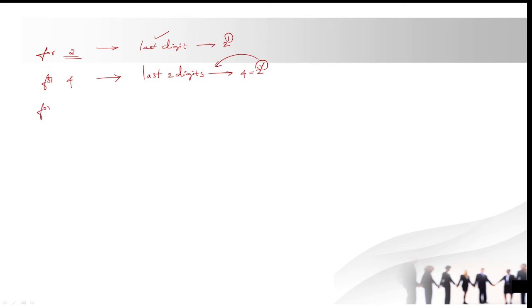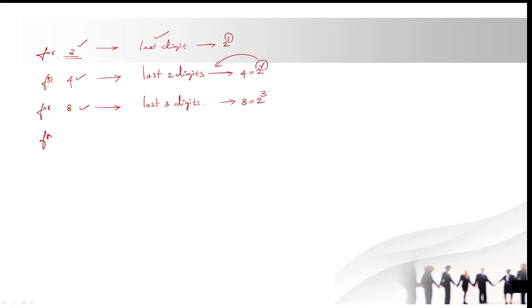So now tell me for 8. 8 can be written as 2 power 3. So what is the power? 3, right? This means we need to check the last three digits. The number formed by the last three digits should be divisible by 8 or not. In the case of the last two digits, the number formed from the last two digits is divisible by 4 or not. And in the case of 2, the last digit is a multiple of 2 or an even number or not. Okay, so that is the case.